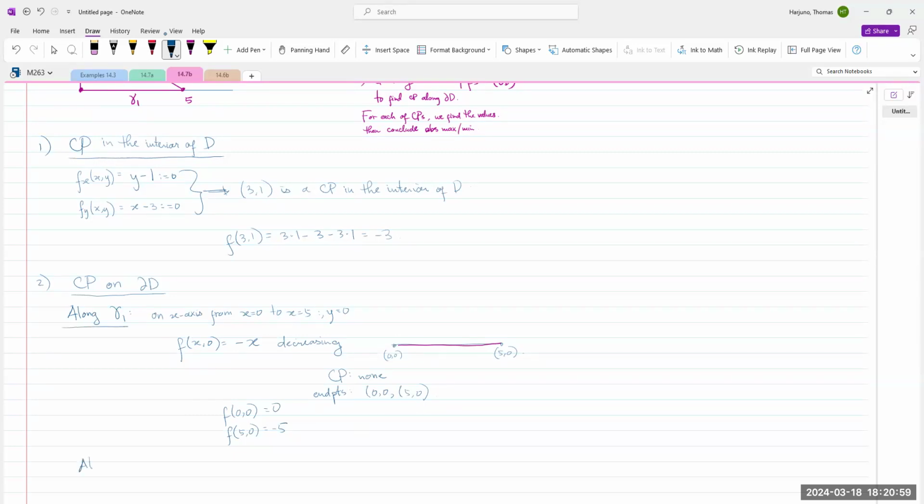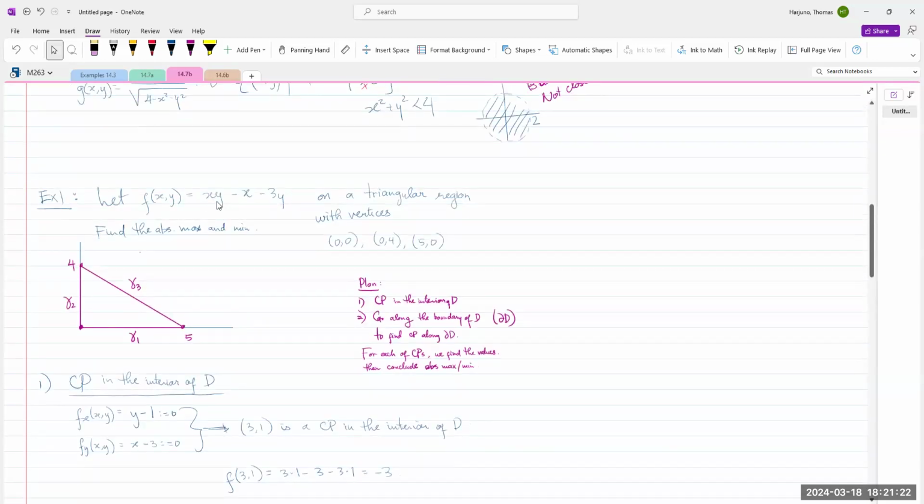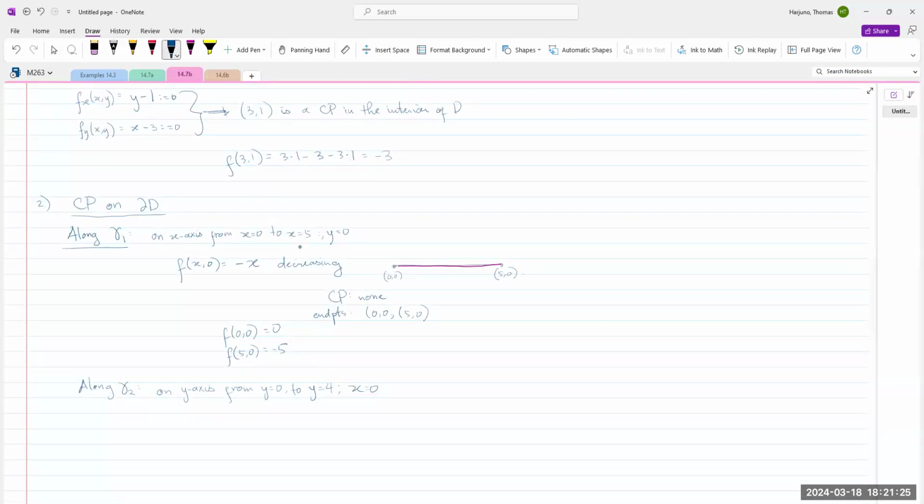Along gamma 2, that's on the y-axis, from y equals 0 to y equals 4. Of course, because it's the y-axis, x equals 0, right? When we plug in x equals 0 into the original function, we get -3y. So f(0, y) equals -3y. It is still decreasing,